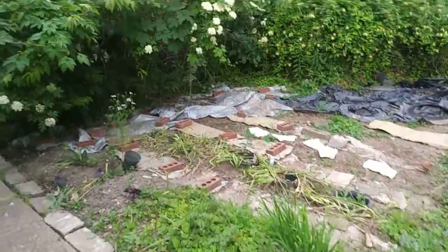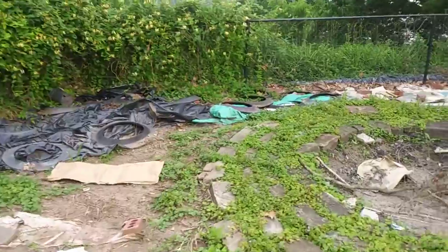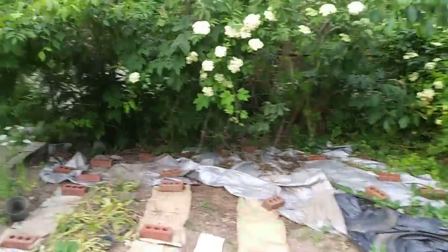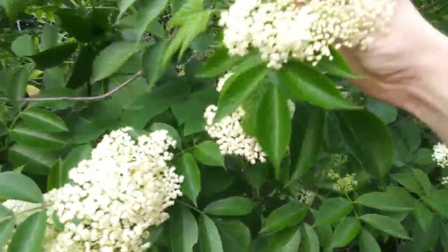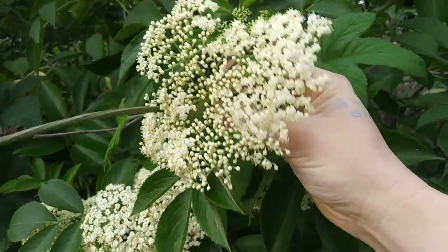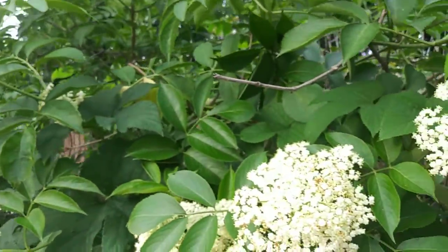You can also pick and fry elderberry flowers. Oh, I kind of caught my ankle there. Sorry for the rough shot for a second. Elderberry flowers, I mean. You can pick and fry these, but...